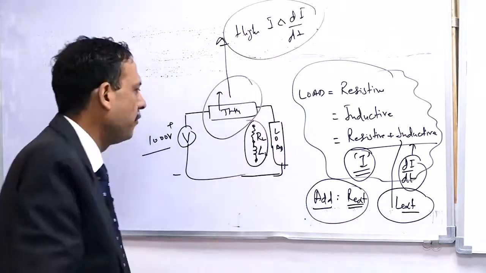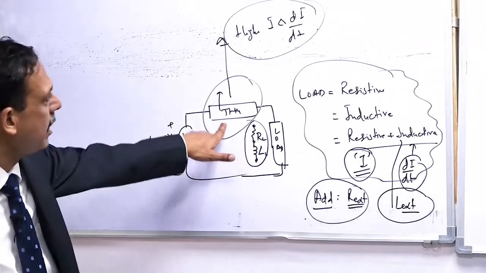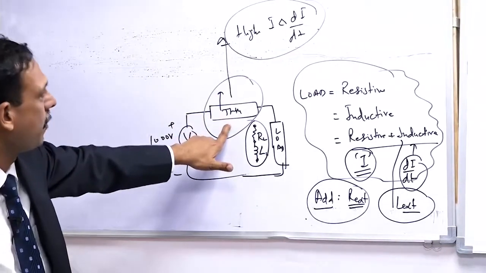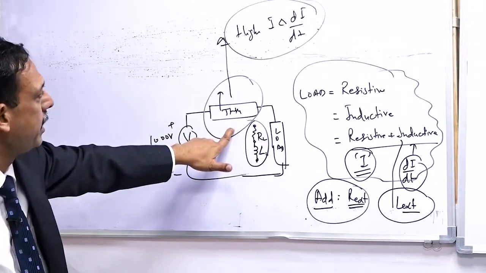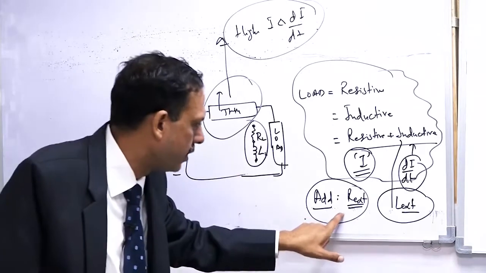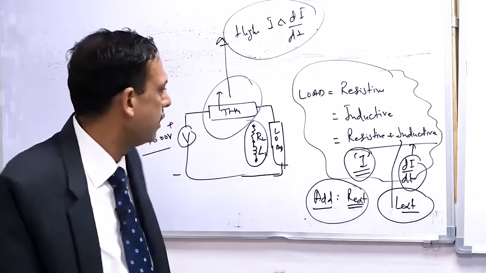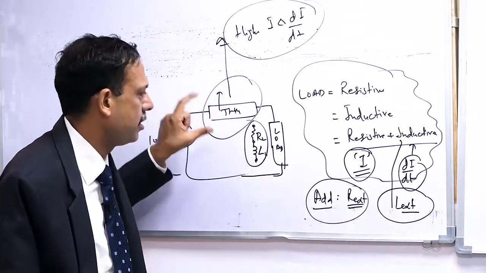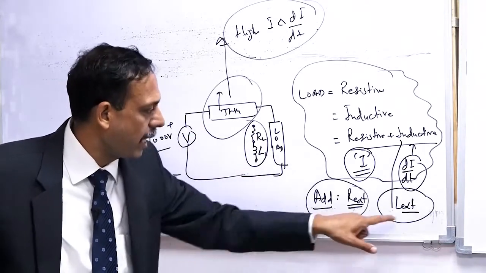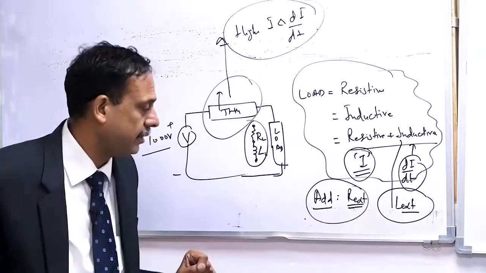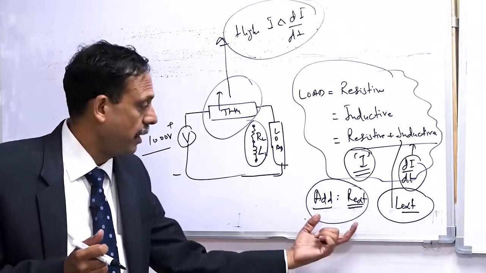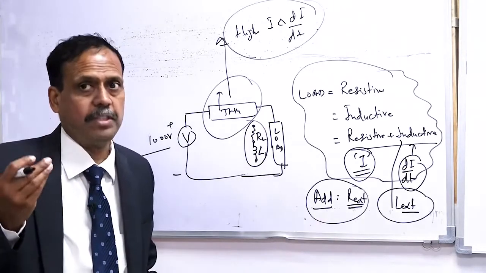Either you invest money for increasing the cost of the thyristor with higher values of current and di/dt, or if the values of current and di/dt and the current rating of thyristors are less, then you have to use external resistance and external inductance so that the same smaller size thyristor can be used to meet the load. But of course, with that there will be capital cost of R and L external, and also there is going to be certain power which will be continuously wasted. So efficiency is going to be slightly less.